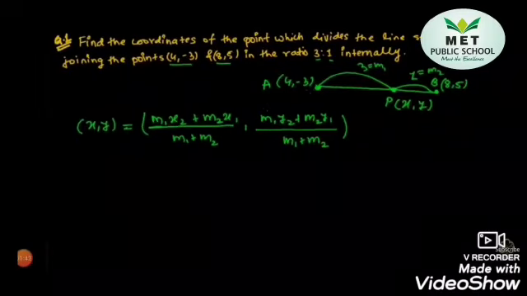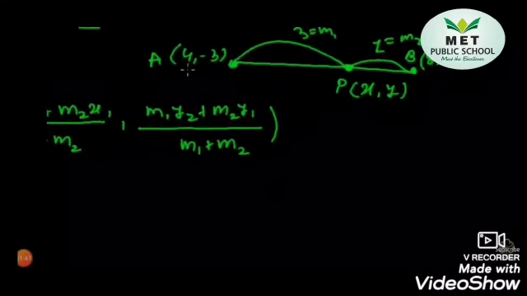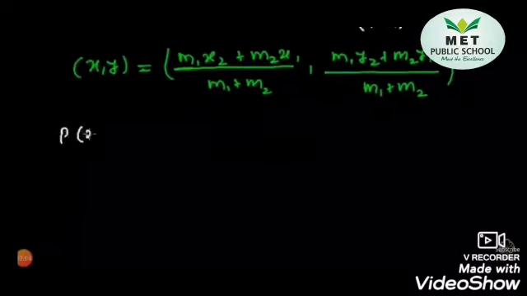So now, after knowing all the values, let us mark here what is x1, x2. The point coordinates of A is x1, y1 and the coordinates of B is x2, y2. Now you know all the values of x1, y1, x2, y2 and also m1 and m2, which are needed in the formula. So after you know everything, let us substitute these values in the formula.